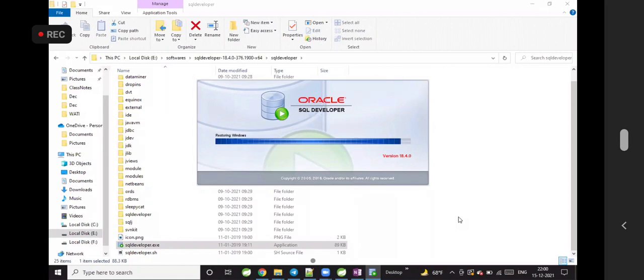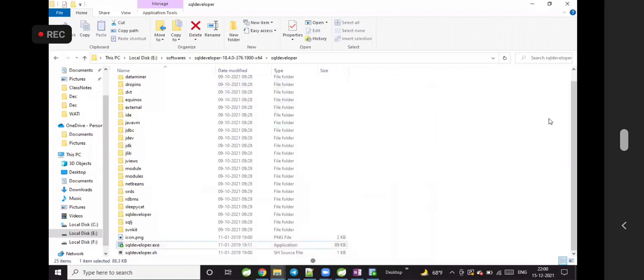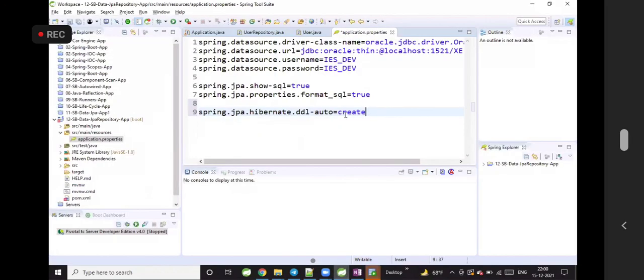My database is opening. Without the database, I can't explain these properties, guys: create option, create-drop, update. Yes, the database is opening.